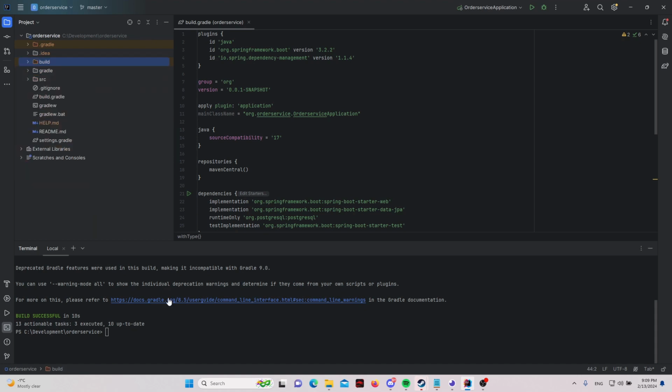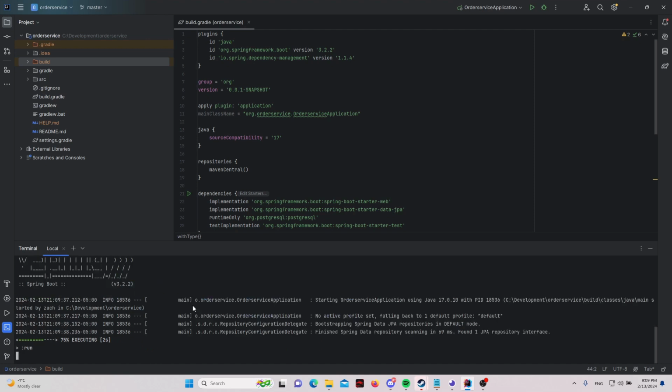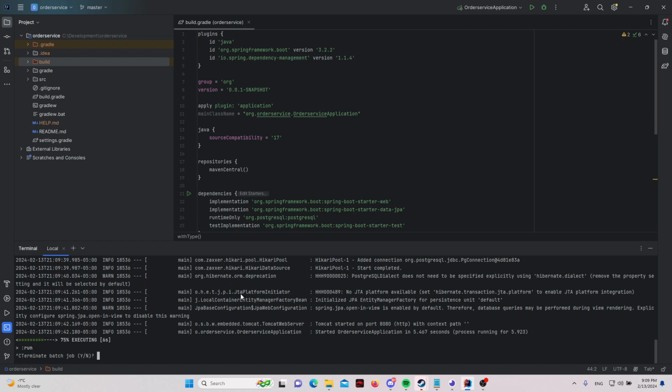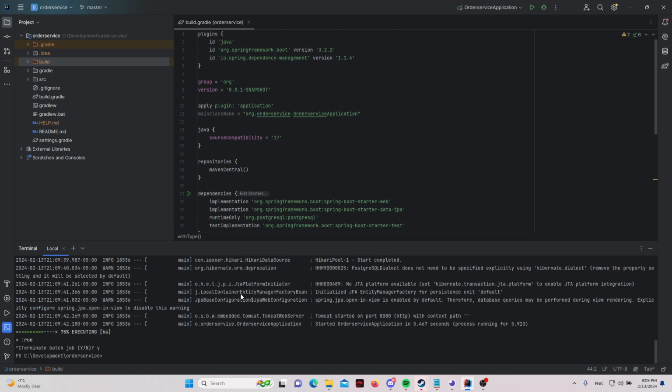Although we're not going to explicitly do anything with it, we're just going to make sure it works with gradlew run, which will basically run that jar file. And here you can see that it starts up. So that's the first step, getting a build working and running that build